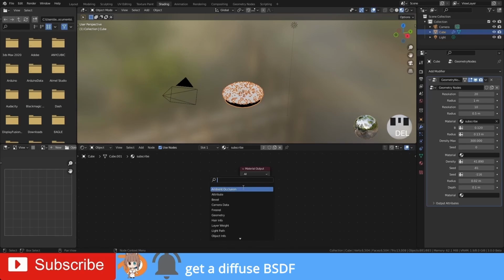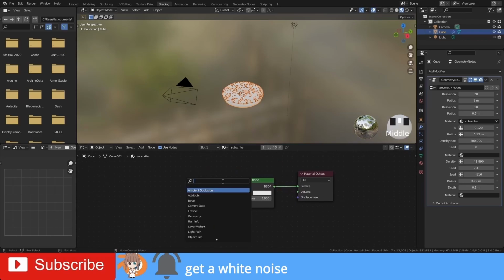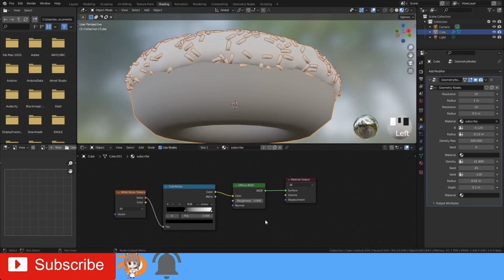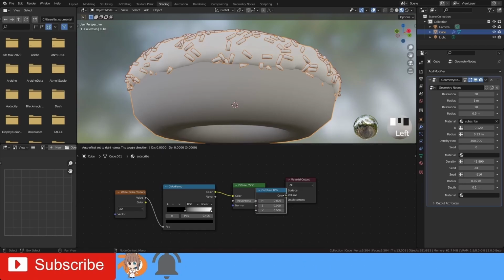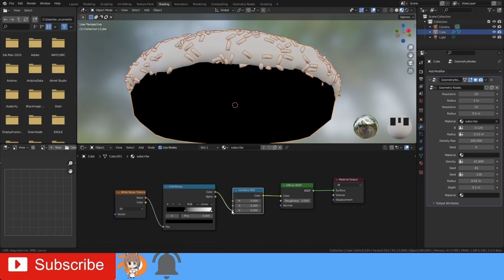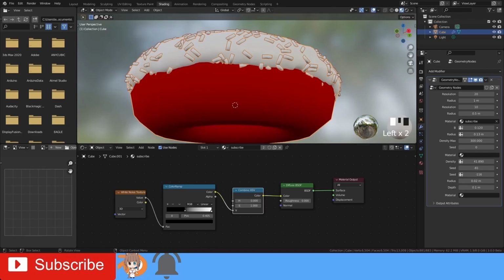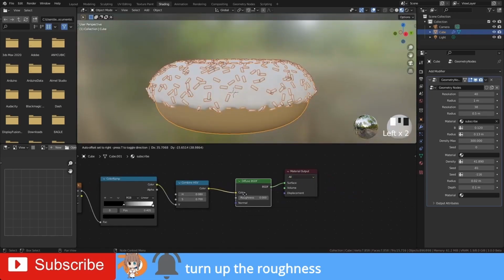I will get myself a diffuse BSDF, a noise texture, value about 7, 8, and turn up the roughness.